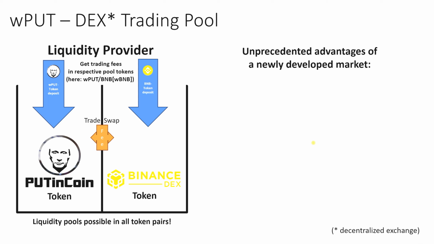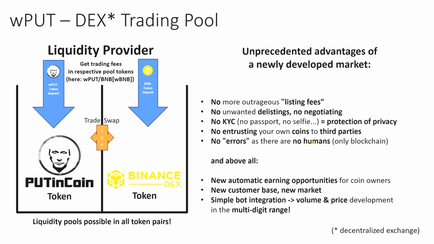We need to talk about this also. Remember the normal spot exchanges, which are run by companies or by associations. You know some of them: it's Binance, it's Kraken, and so on. They are run by third parties. The big difference with decentralized exchanges is that they are not run by a third party. They are run by the blockchain itself, in a smart contract blockchain, like Ethereum or Binance Chain or whatsoever. What are the big advantages of this construction?